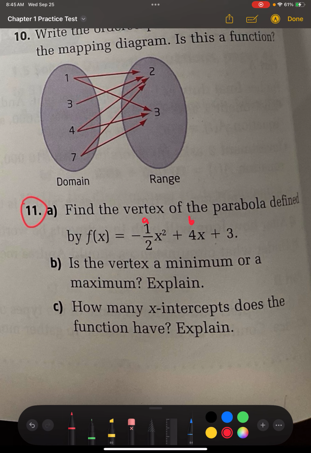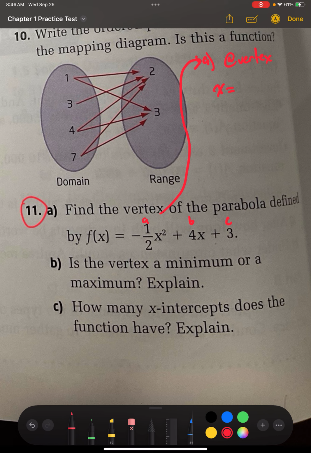A, B, and C, I can use the formula. Let's just use the formula. Let's just write it up here. There's a lot of space. Don't write in your own book, obviously, but part A, and the vertex,